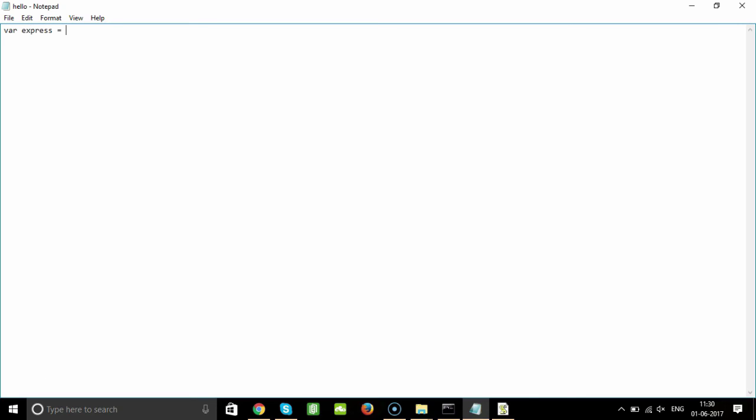var express equal to, and we require something. That something is express. A very well known way and very simple commands are required to build a server. So now to run it on HTTP, we require express-graphql, and then close this,